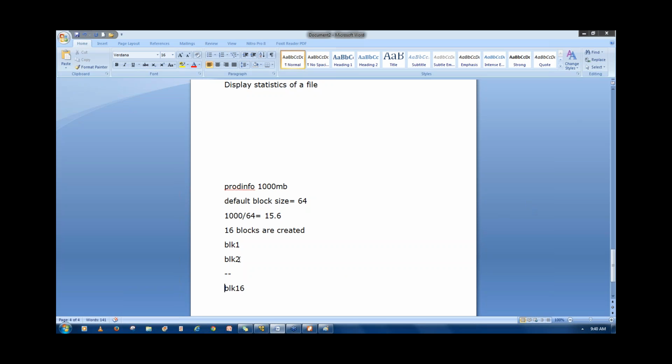So now how many blocks are going to be created? 16 blocks are going to be created, and we are using commodity hardware, inexpensive machines. So maybe a disk goes down, so what we did is we are going to replicate each block 3 times. So what is the replication factor for your client? Generally the default replication